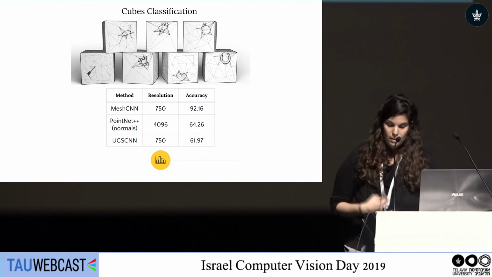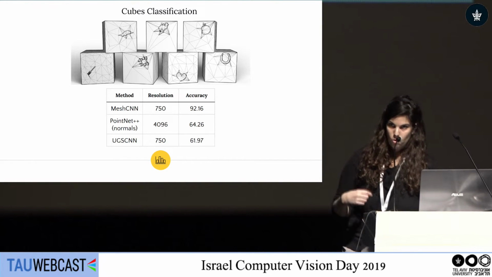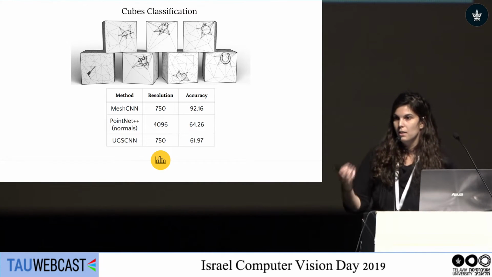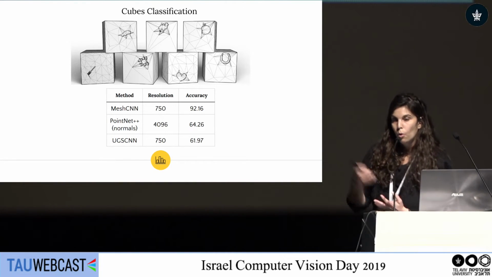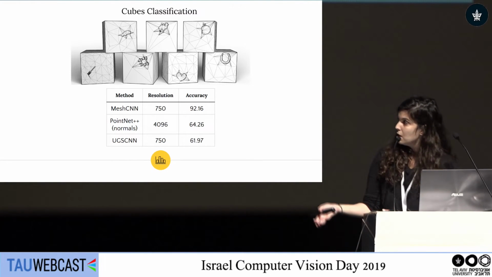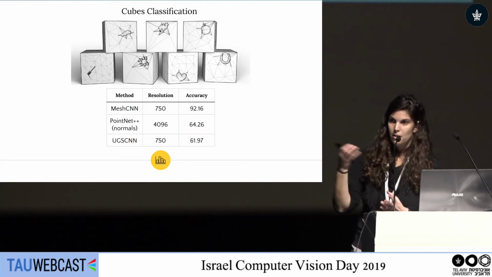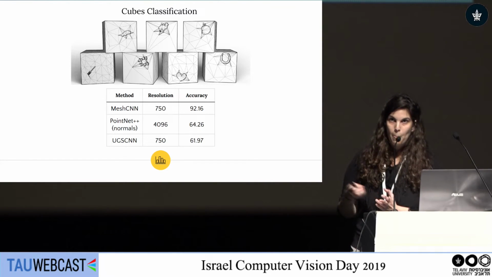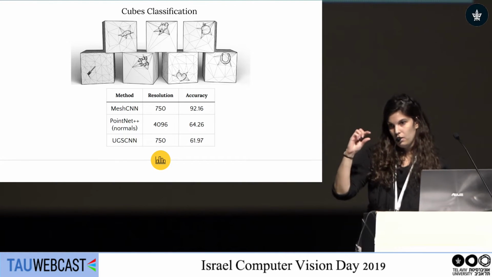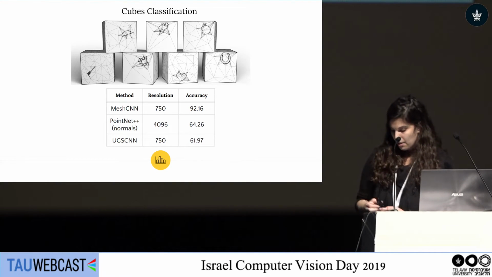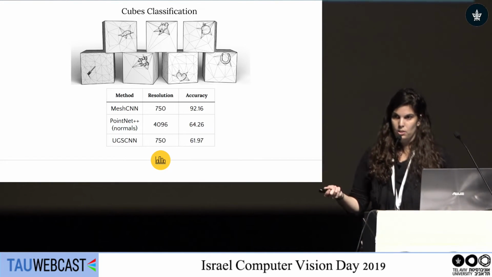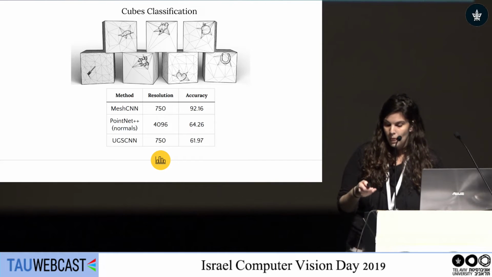So one of the data sets that we showed our results on is a data set that we built to sort of highlight the power, I guess, of working directly on the mesh representation when you have the mesh representation. So we took cubes and icons from 23 different classes. We ingrained the icons into the cube in a very shallow way. And then we trained the classifier to tell us from which class each of the cubes belonged.